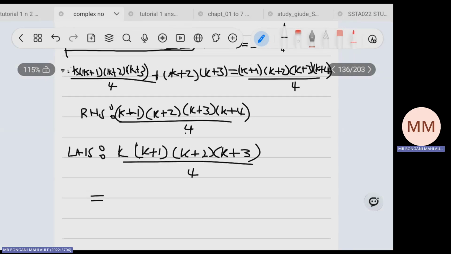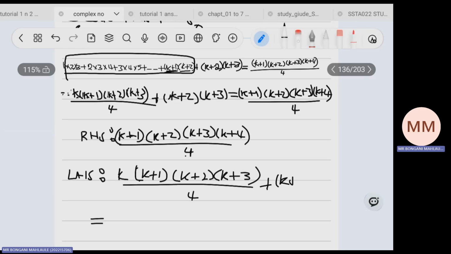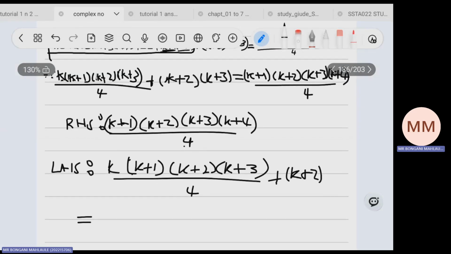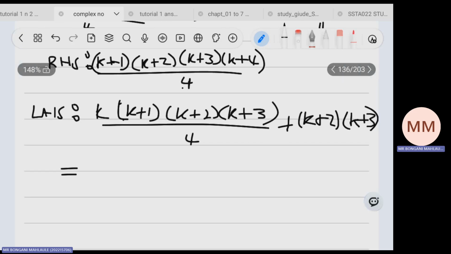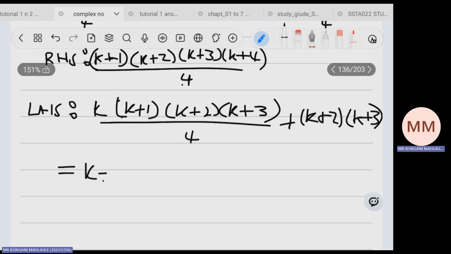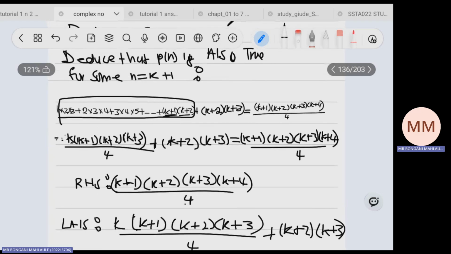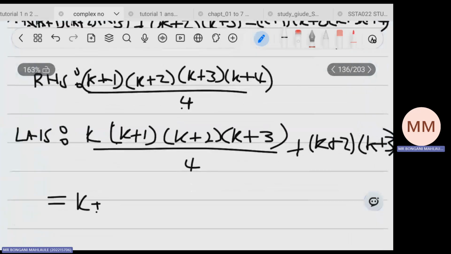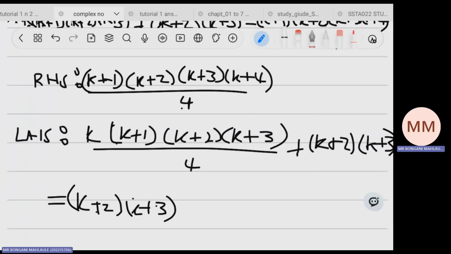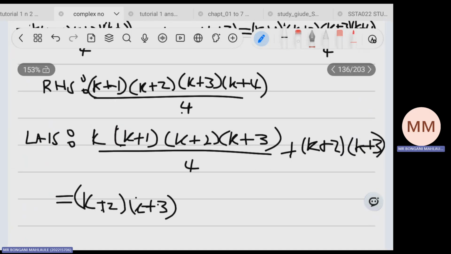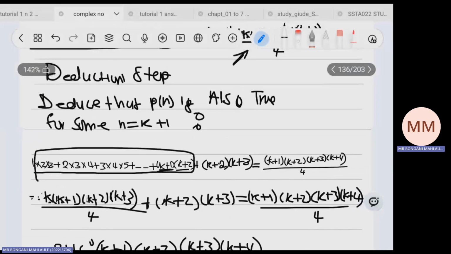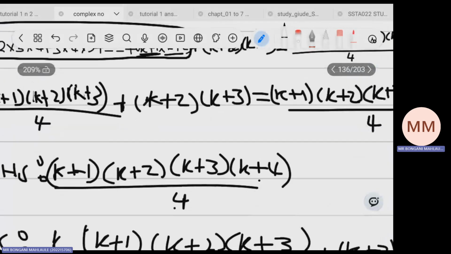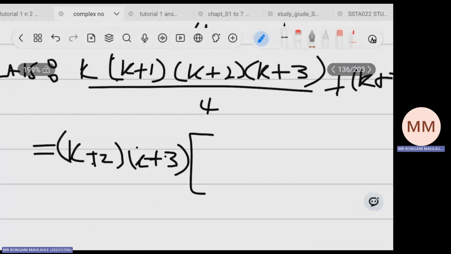So this can be equal to the expression plus k plus 2, k plus 3. So I'm going to take the common factor again, which is k plus 2 and k plus 3. So we'll remain with,